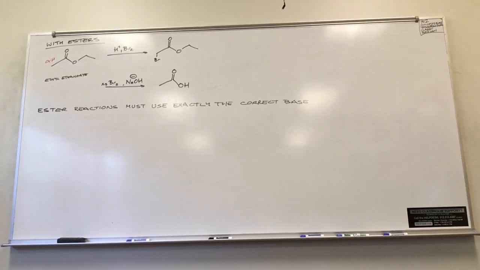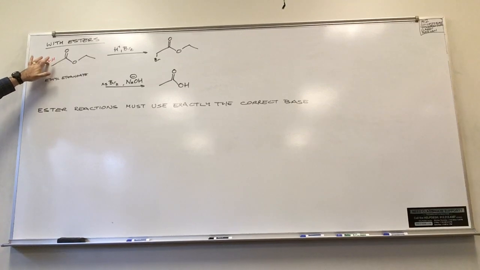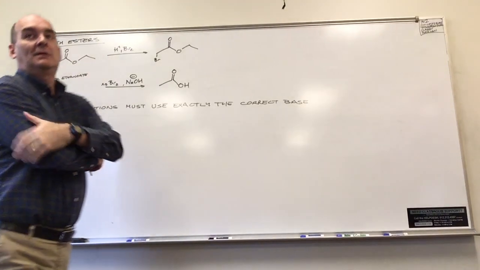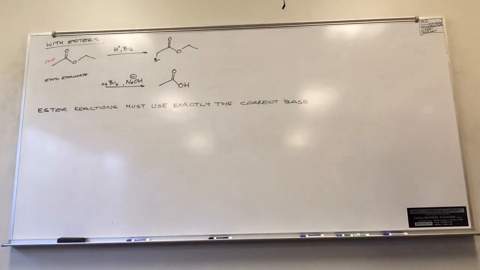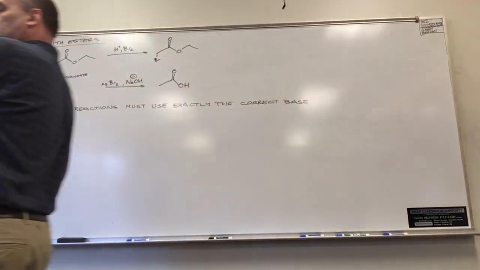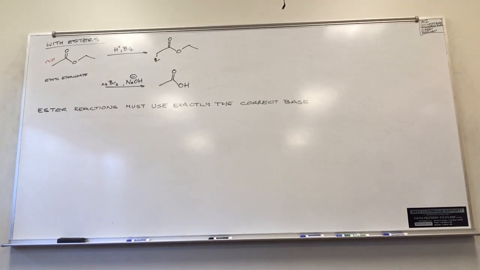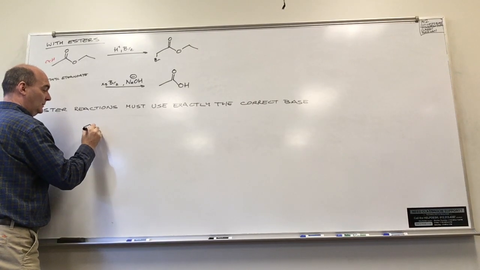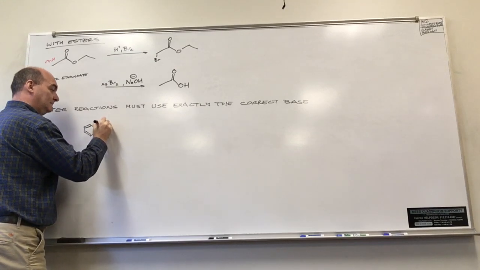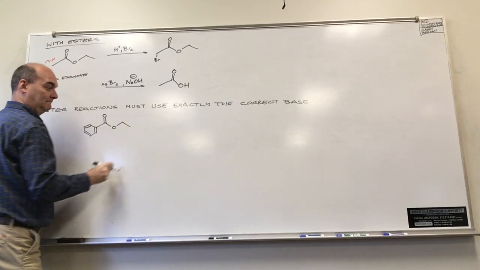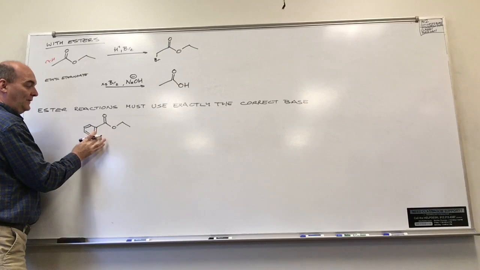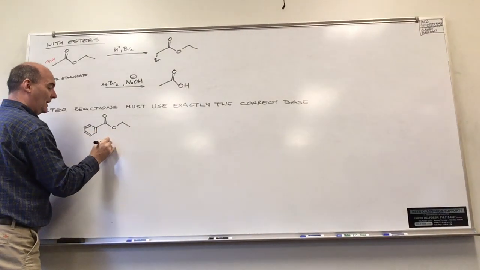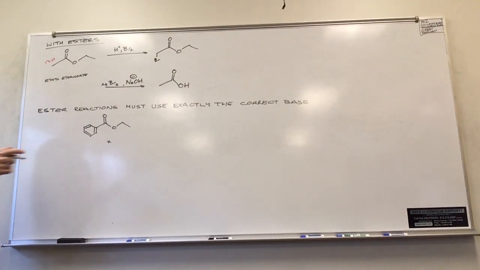That is ethyl ethanoate or ethyl acetate up there. If I wanted to grab hold of the acidic hydrogens on the alpha positions, there is only one base that I can use. What would that base be? Here's a clue. This is a phenyl group and an ethyl group. Okay. If I put that into solution,